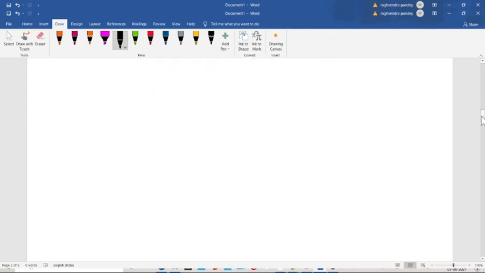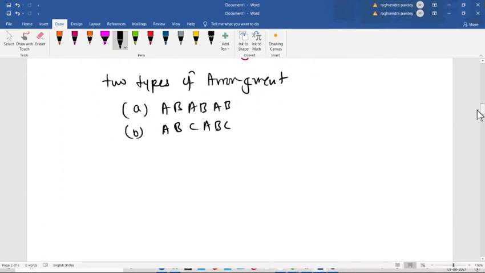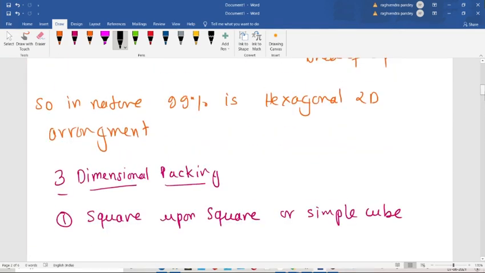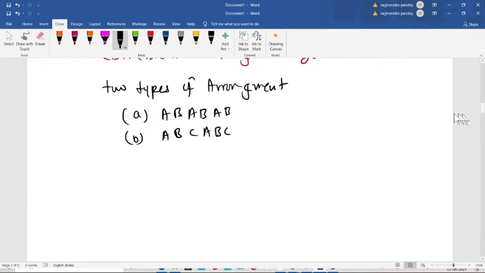Now there are other three-dimensional arrangements, but we will see them later. First, let's see this. So that is basically 2D packing and 3D packing. Now the next topic is